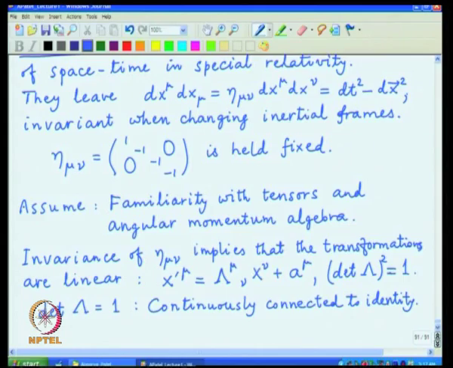But there is another part of the set of transformations where determinant lambda is equal to -1, and they are a disjoint set of operations from the